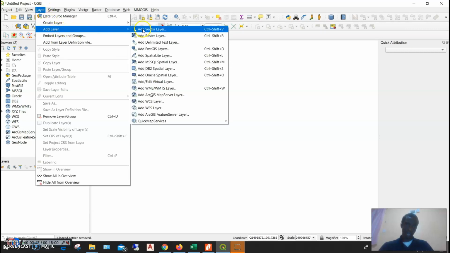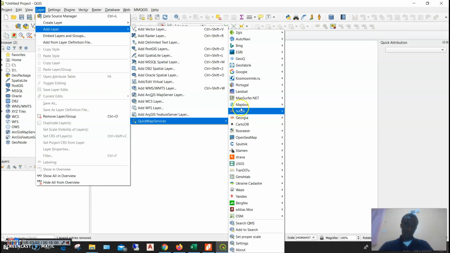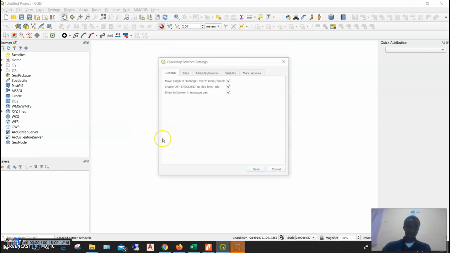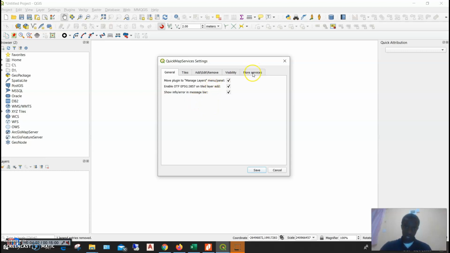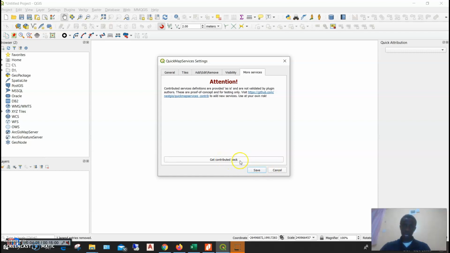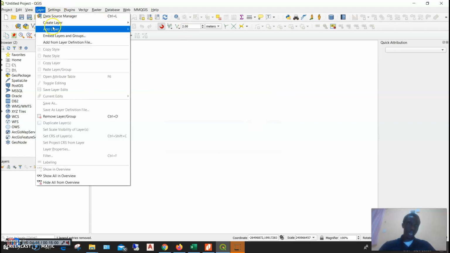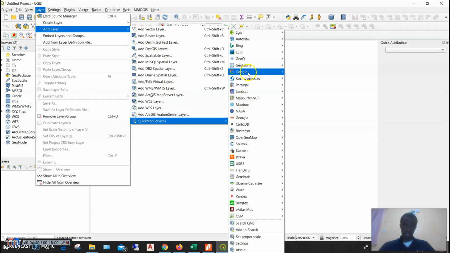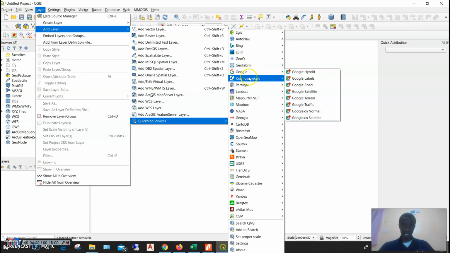Okay, just before we go there, once this window pops up, you might notice that not everything you see here is on your window. So you need to come to settings. You click on the settings. This window pops up. You come to more surfaces. Then you click on get contributed pack. Once the code runs, then it's from there where you can get this contributed pack that has all the images that you need. You will find that Google Maps are everywhere, so we can go by Google Map Hybrid, which I've been using,